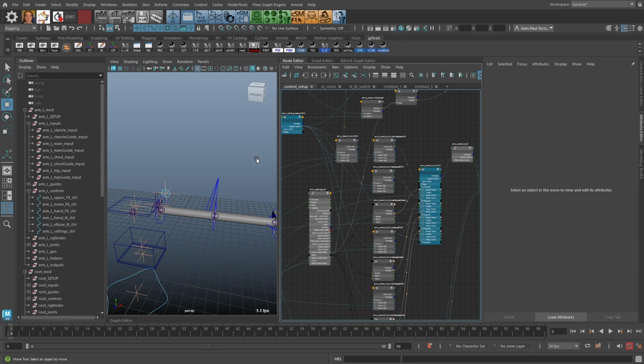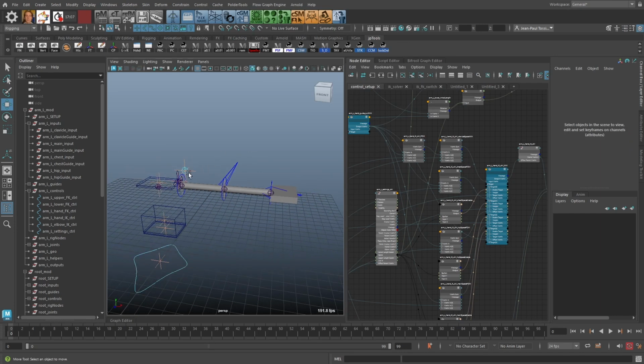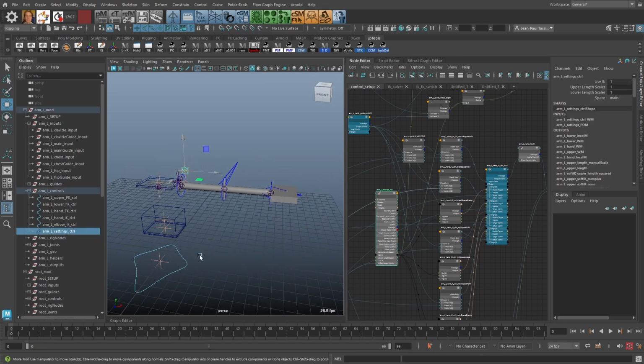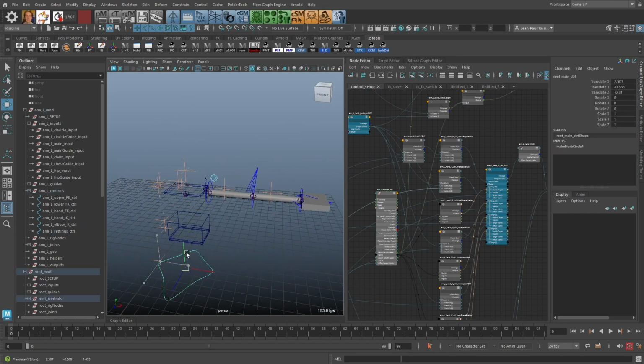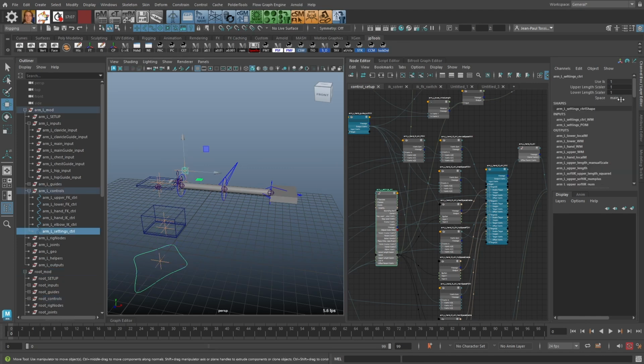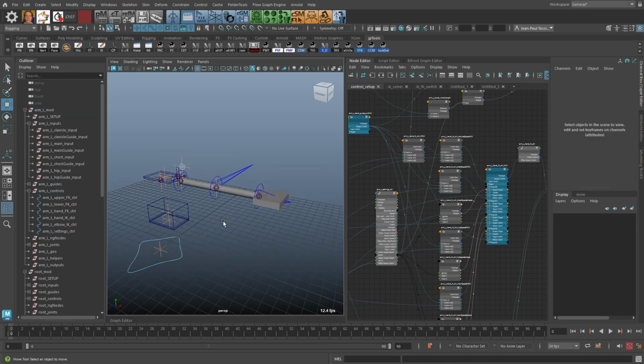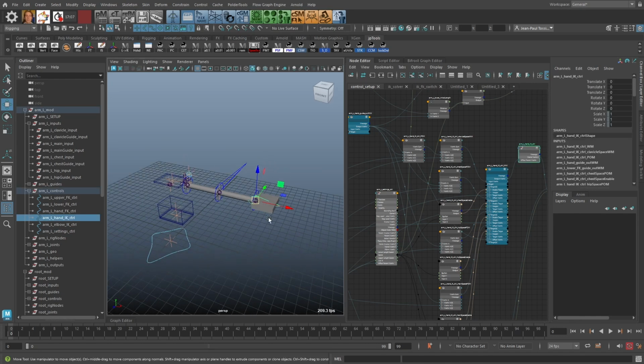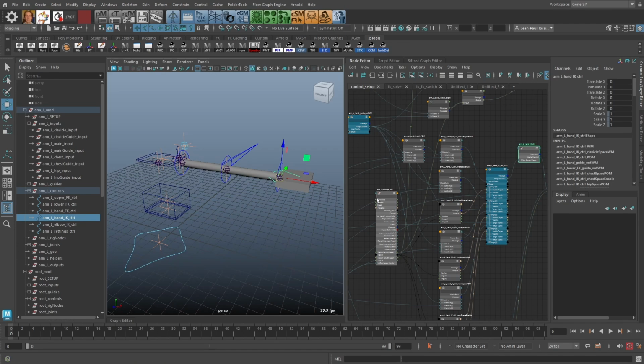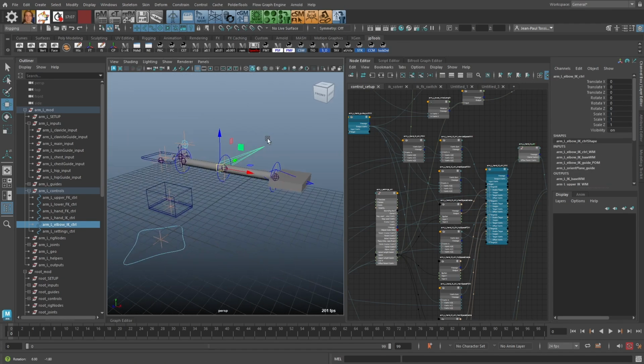So if we now switch to the main, we can see that it moves along with the main control. And if we now switch it to hip, you will see that it moves along with the hip and not with the chest. So this is working. So now we have created the space switch setup for the hand IK control. So the next step is to do the same for the pole vector,